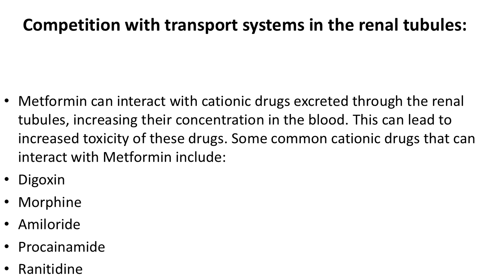Competition with transport systems in the renal tubules. Metformin can interact with cationic drugs excreted through the renal tubules, increasing their concentration in the blood. This can lead to increased toxicity of these drugs. Some common cationic drugs that can interact with metformin include digoxin, morphine, amiloride, procainamide, ranitidine,